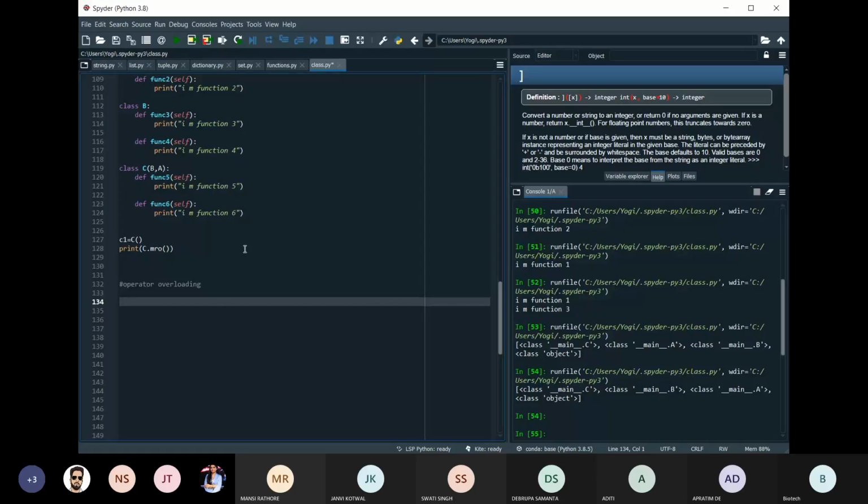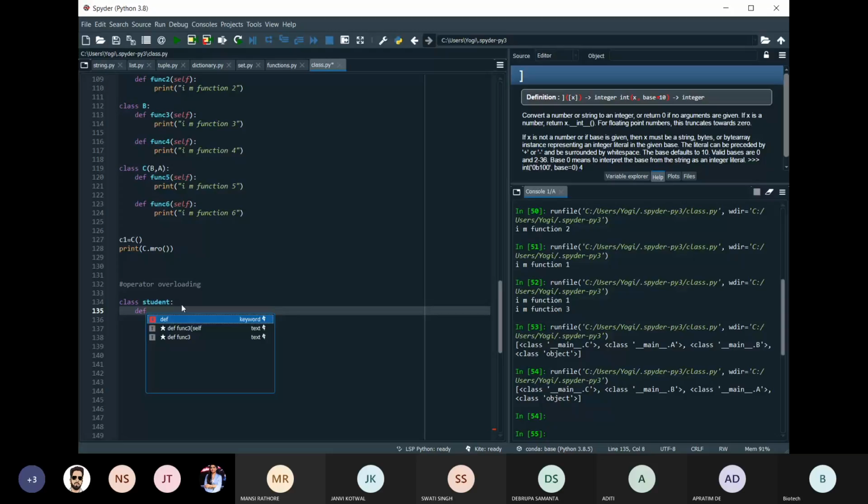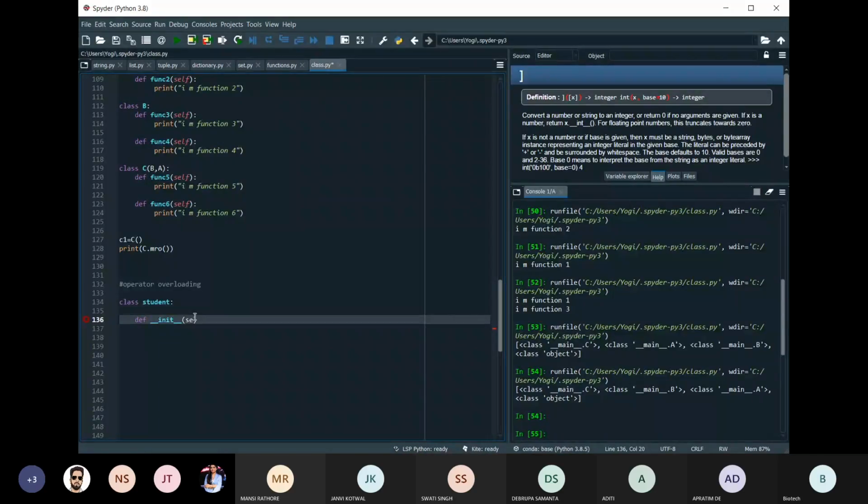So I'll take a simple example here. Suppose I create a class student, then def __init__ with self, m1, m2.